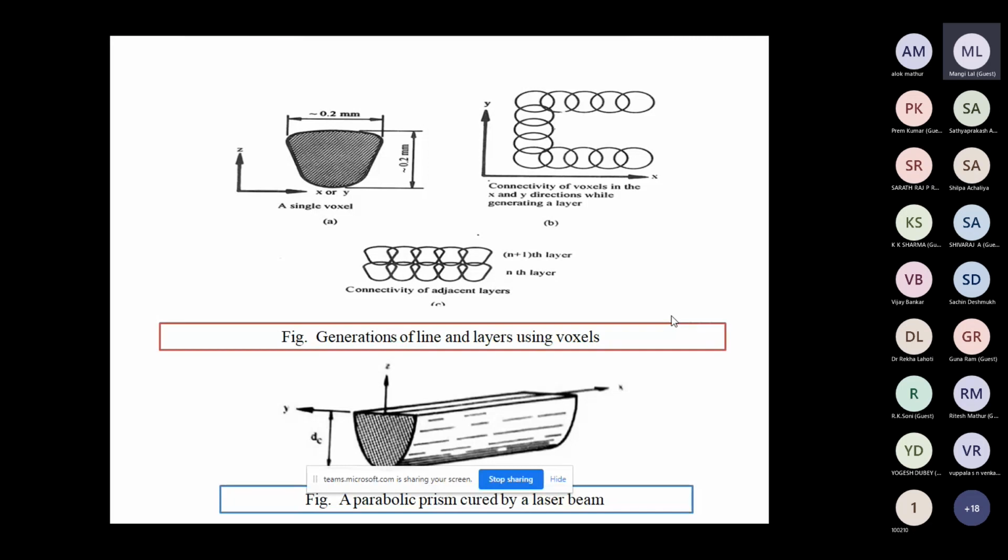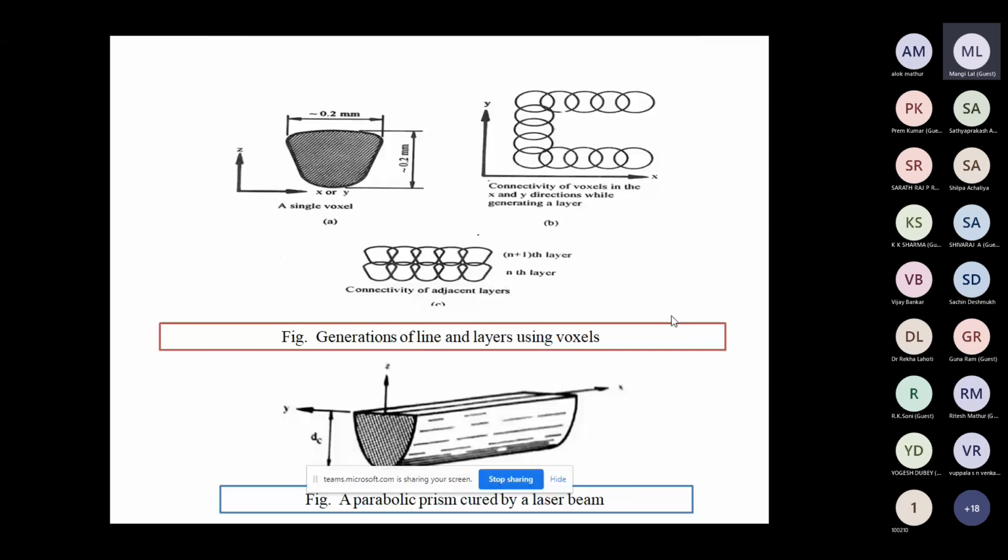It also depends upon the depth of the curing, meaning the depth to which the laser beam can cure the liquid polymer. If the laser beam does not cure the required depth of the liquid polymer of one layer, then obviously the whole solid part does not have the full density of the polymer, so there may be porosity.